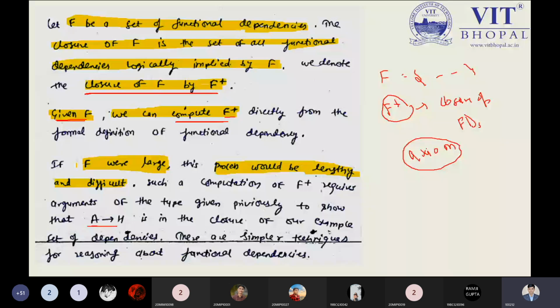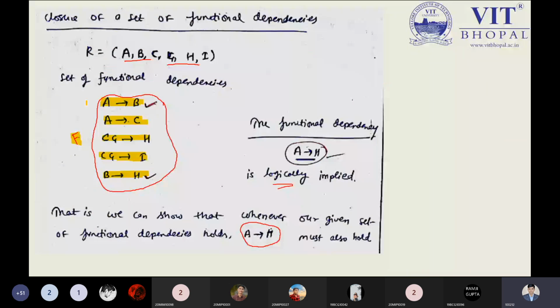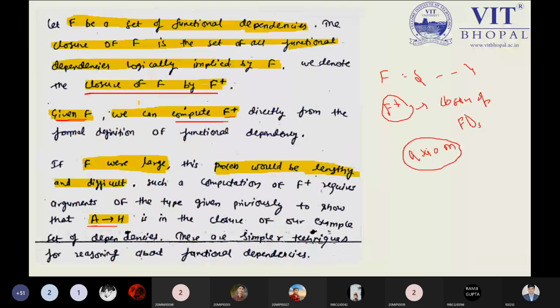After understanding this point, to get our solution as the question says, you must prove whether a determinant to H is applicable or not from our given set of functional dependencies, and that we have to prove. This is a simple concept from which we need to understand some important terms. So now we have understood the question and the problem. Before solving anything, let us understand what the question is asking, what we have to do. Let me explain some more terms related to our problem.